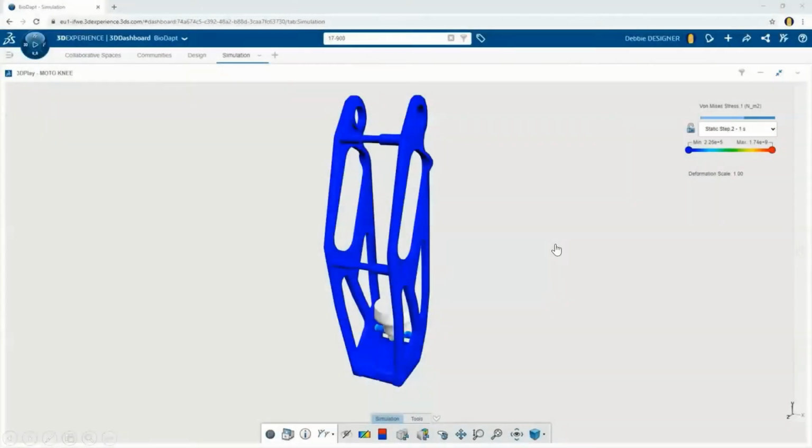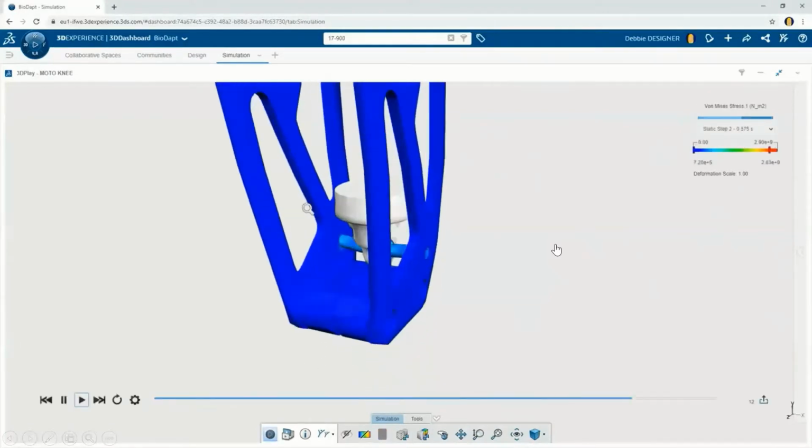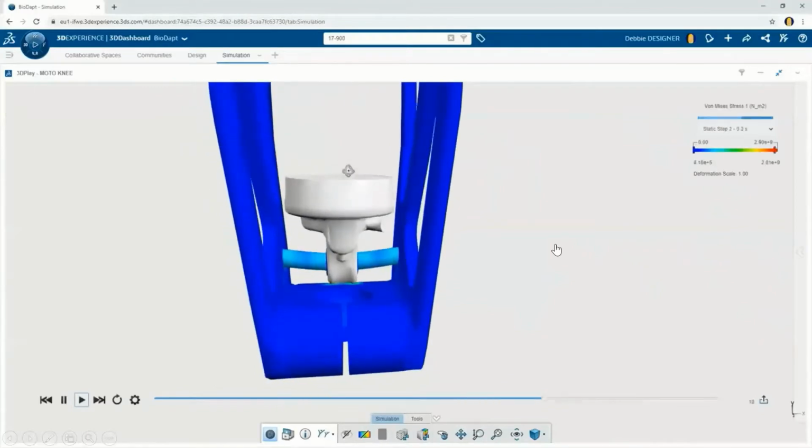For this case study, we just need to take into account the two characters involved in this little scenario of ours, which is Debbie the designer and Adam the analyst, and both are working on a product called Motoni. Debbie the designer is working on updating the mechanics of the Motoni, next-gen prosthetic designed to withstand the high